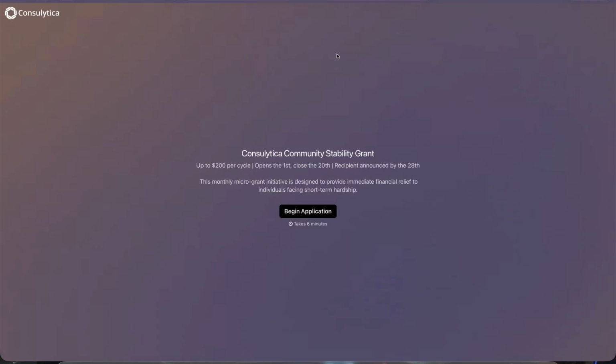On the first page here, you'll see a little introduction about the Stability Grant. The grant is up to $200 per cycle. It opens the first of every month, and it closes the 20th of every month, and the recipient is announced on the 28th of each month. The micro grant is designed to provide immediate financial relief to individuals facing a short-term hardship. So you would click begin here,